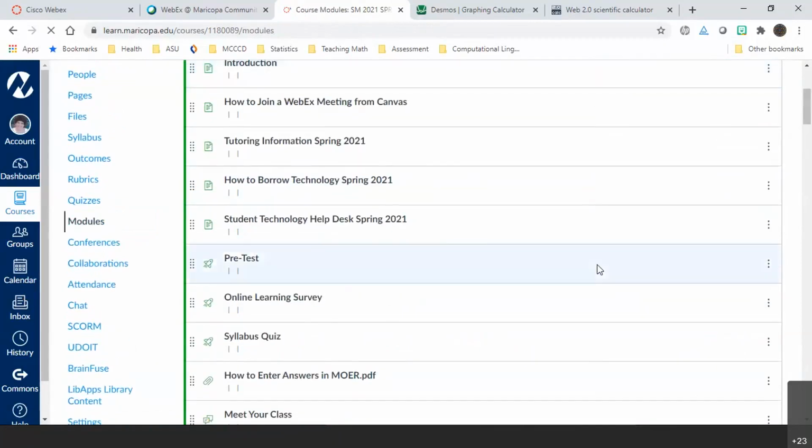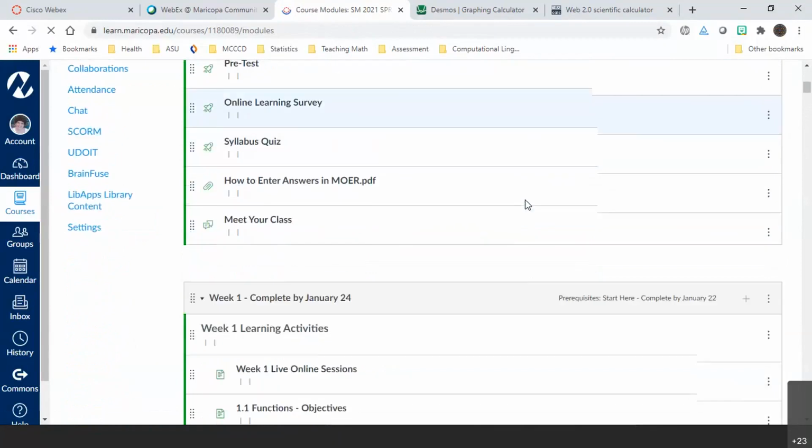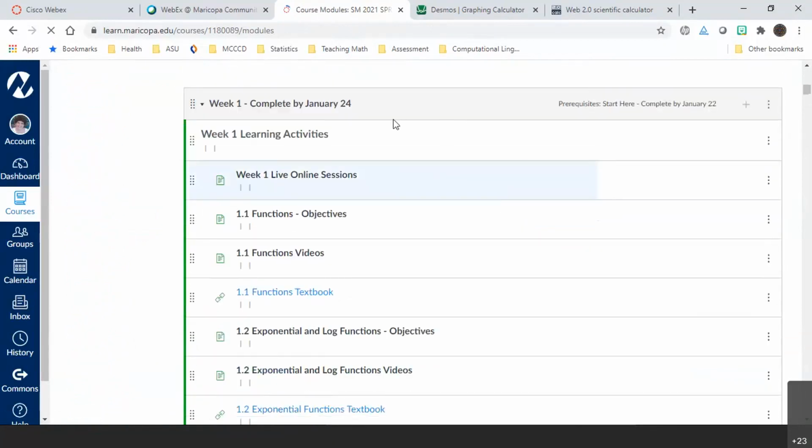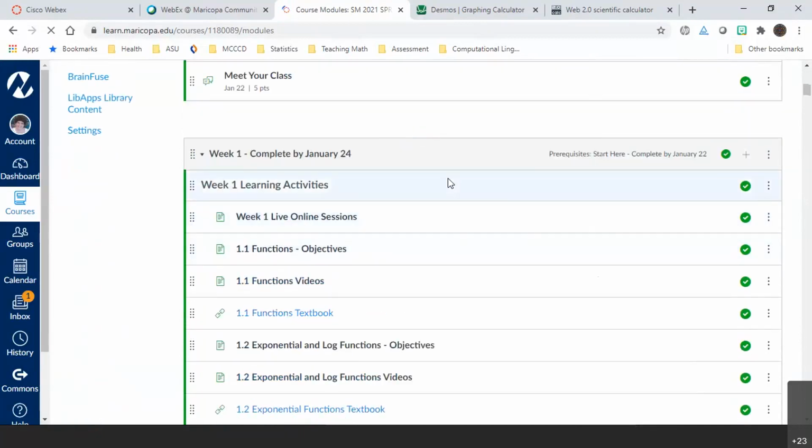Okay, so that's what needs to be completed by Friday. On top of that, we have week 1 assignments. Yes, I know we're jumping into this with both feet. Okay, and these are due by January 24th. Okay, that's Sunday. The week 1 assignments are going to be the math-oriented things, and you can see the way